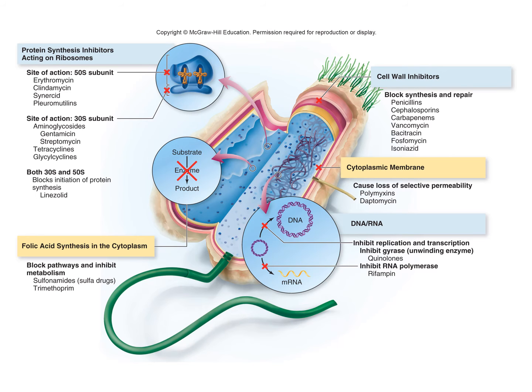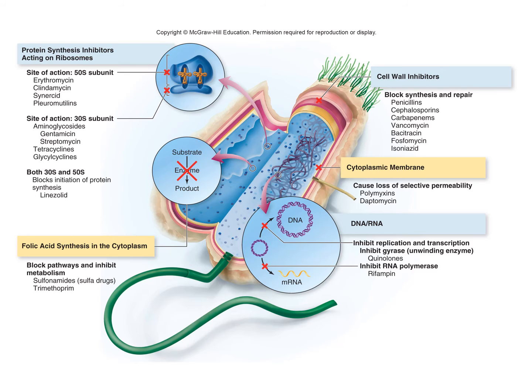So this slide is just going back over some of the areas of the structure of the bacterial cell and where some of these medications work. So this is literally how we come up with antibiotics. You have classes, and the classes are going to work in a similar way. They all have different specifications amongst the different drugs in the class, but they all have the same overall mechanism of action. So it's showing you particular cell wall inhibitors, particular medications that are going to affect the cytoplasmic membrane, ones that are going to affect DNA or RNA, so the actual nucleic acids themselves.